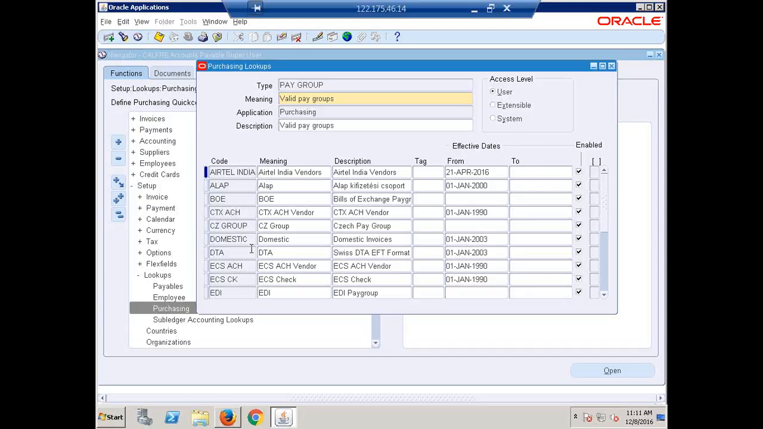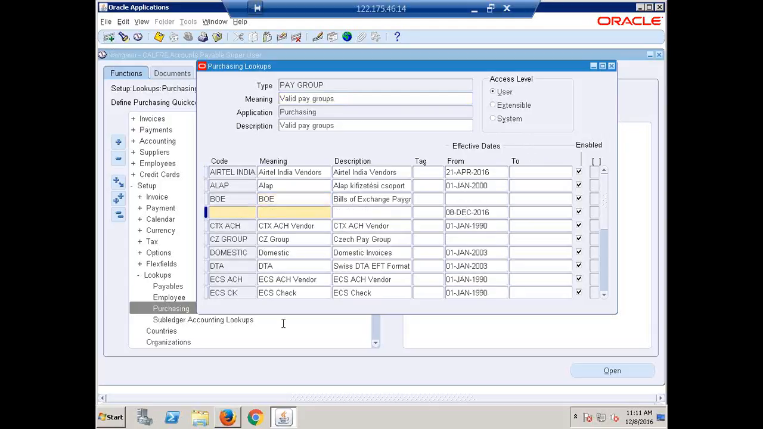Okay, user means we can create new pay groups, new values. System means we cannot create; whatever Oracle provides, that you have to use. User means you can create, edit, and modify. Extendable means you can create but you cannot modify, and it is used for different purposes also. So here I'll create